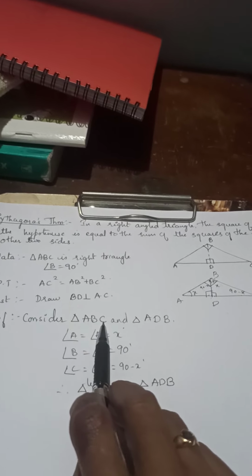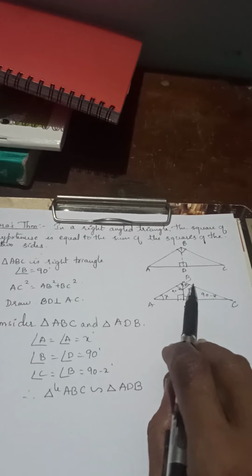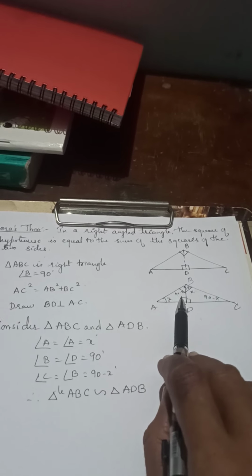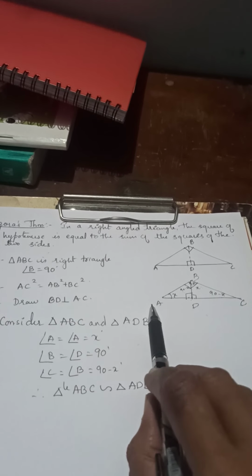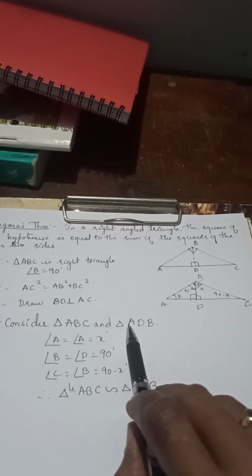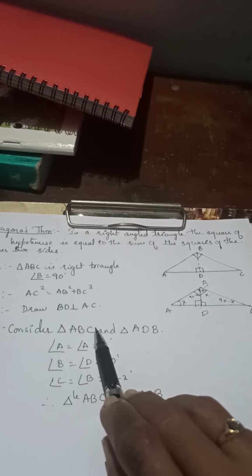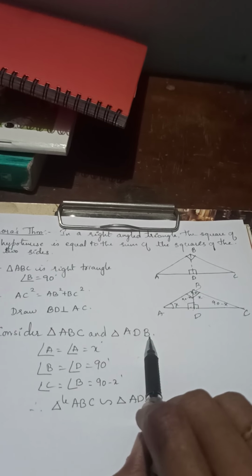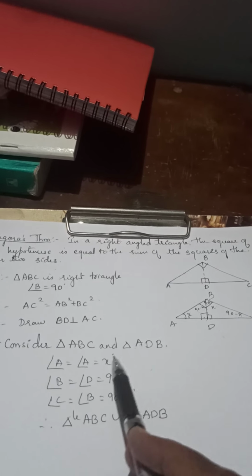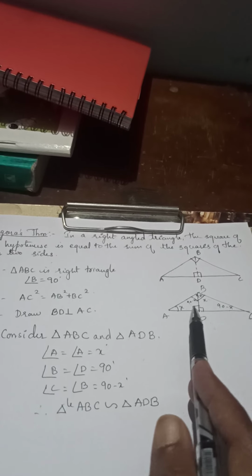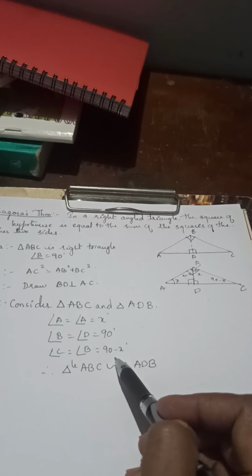When you write ABC, there are three triangles altogether here, ABC, ABD and BDC. So the bigger triangle with the two smaller triangles we have to compare. So ABC, I am starting with alphabet A. So the smaller also I have to start with A, and then B is 90 degrees. So I will write 90 degree, and C is the remaining angle. Here B is the remaining angle. So you equate like this. A is equal to A, common, that is x. B is equal to D, they are 90 degrees. And C is equal to B, that is 90 minus x, the remaining angle.